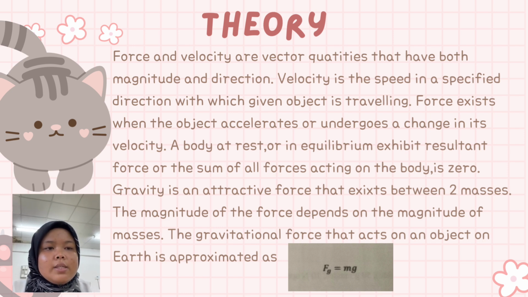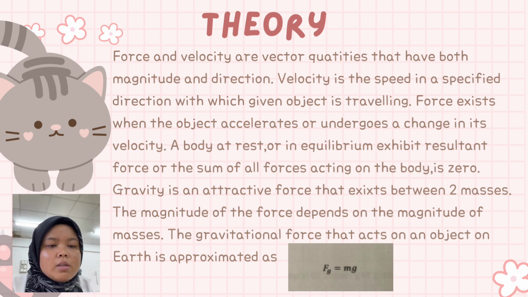Friction is the force that resists relative motion of surfaces in contact with one another. There are two types of friction, static and kinetic. Static friction is the friction that acts on an object that is at rest. Static friction is the force that must be overcome in order to move a static object. The maximum value of static frictional force is given by Fs max equal to mu s N, where mu s is the coefficient of static friction and N is the normal force. The coefficient of static friction is a dimensionless constant that depends on the object and the surface it is lying